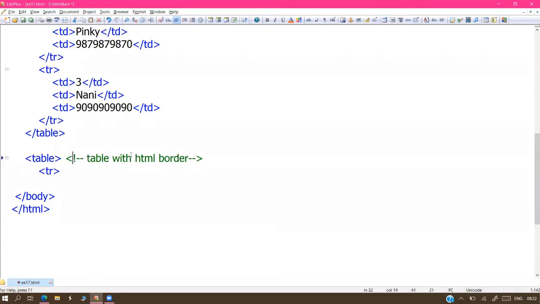So first I'm designing the HTML border here. Just write border, that's all. Border color and thickness come automatically by default.